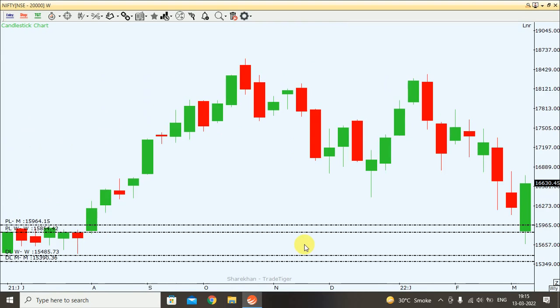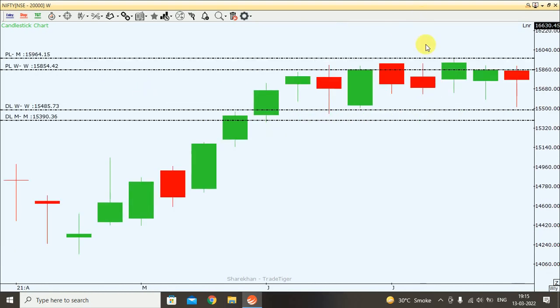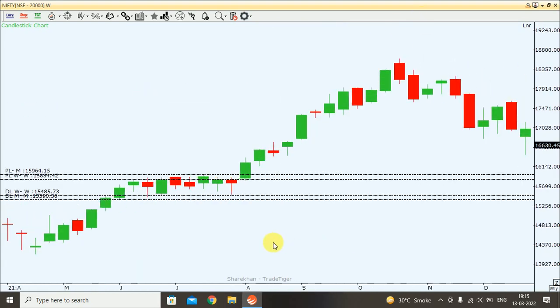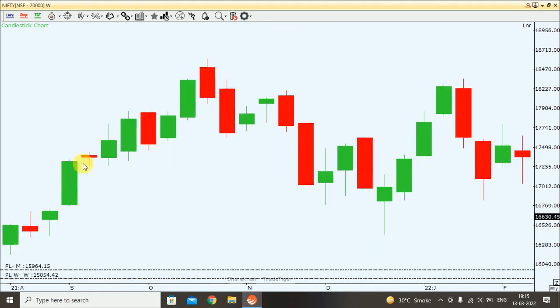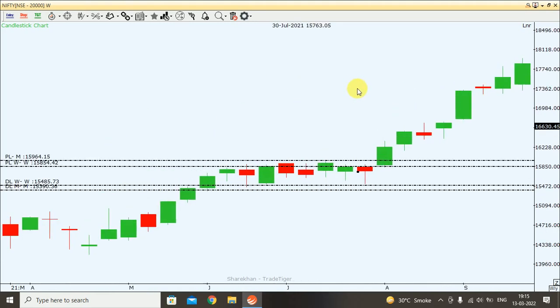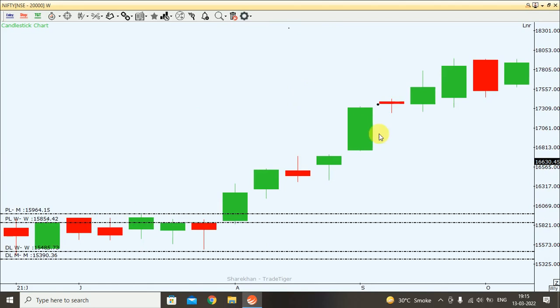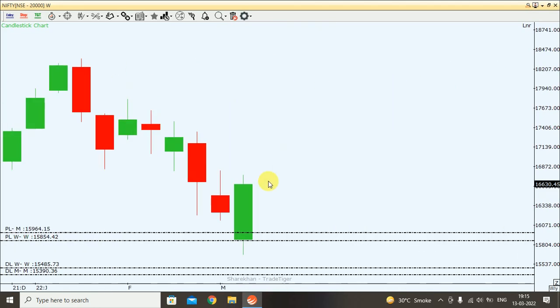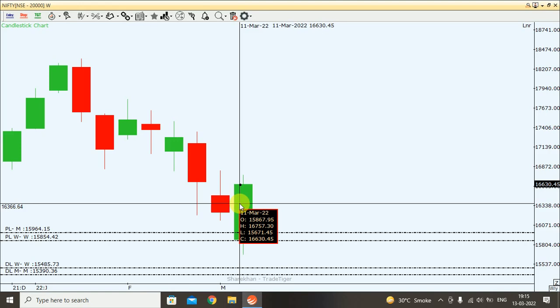Now if you see the weekly chart is also showing that it has triggered a kind of demand zone, which we can say not so good, but a weekly demand zone it has triggered, and it is moving from the weekly demand zone. So now a strong support for Nifty is the low of this candle, which is